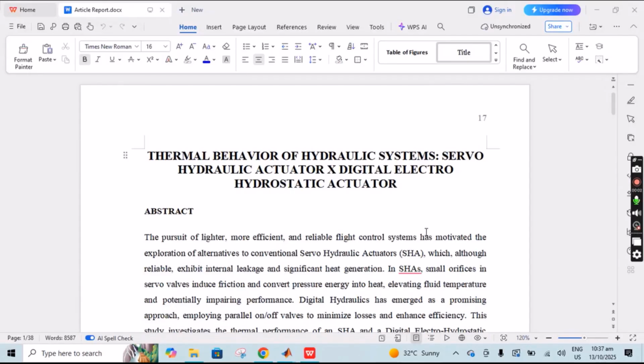Hi, this project is related to the thermal behavior of hydraulic systems, in which we have used the Servo Hydraulic Actuator and the Digital Electro-Hydrostatic Actuator. Basically, in this complete structure, we have used the development of a flight control system to provide the servo hydraulic actuators, which we call SHA, and the other one is